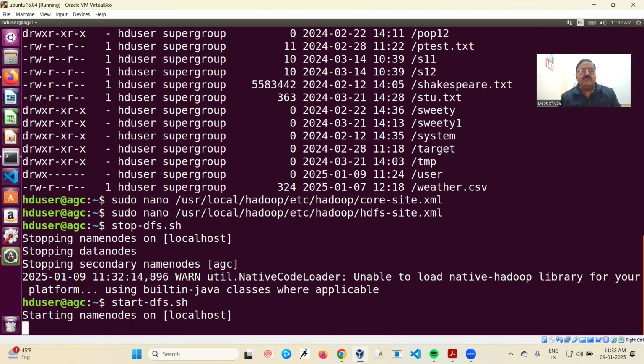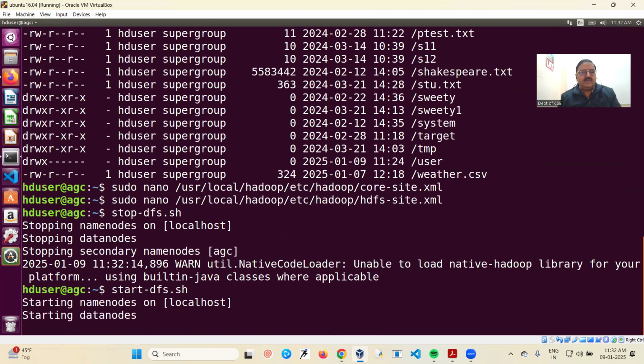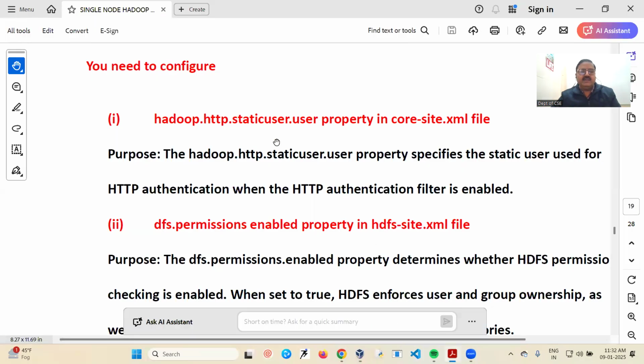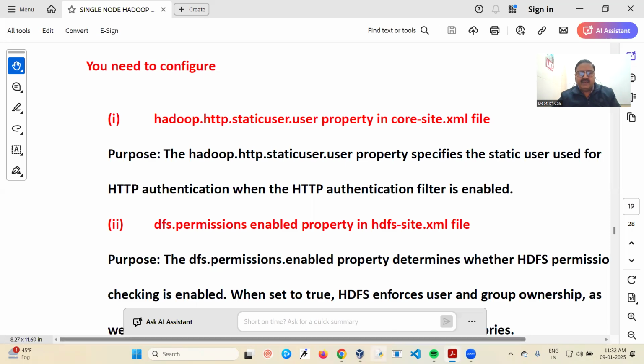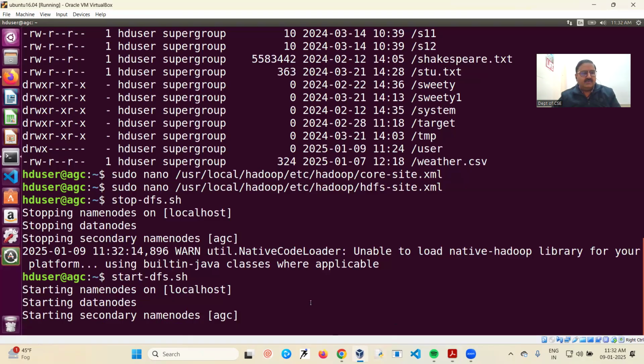Again, starting the distributed file system services so that I can see whether my web UI now works properly after I have configured these two properties in my core-site.xml and hdfs-site.xml files, right? So the distributed file system services have started,